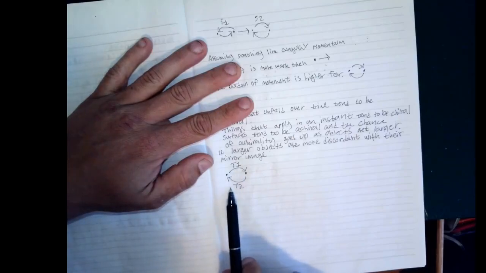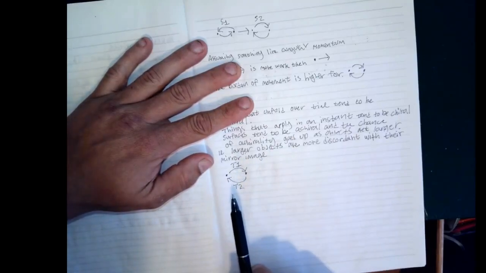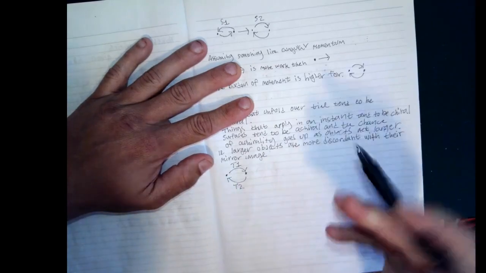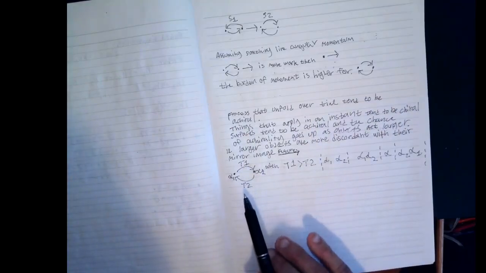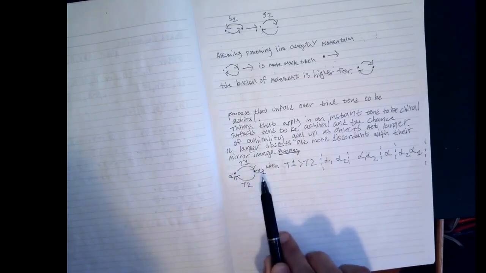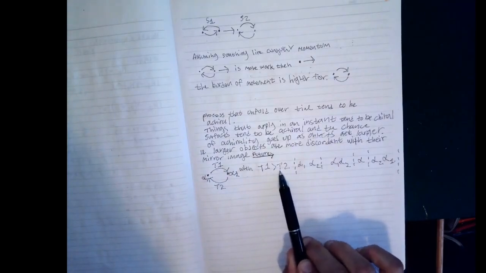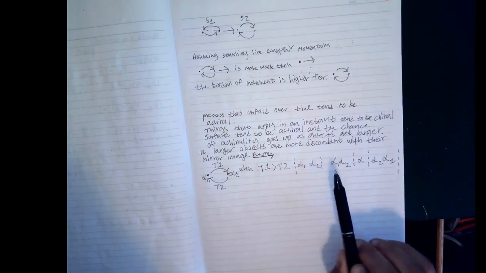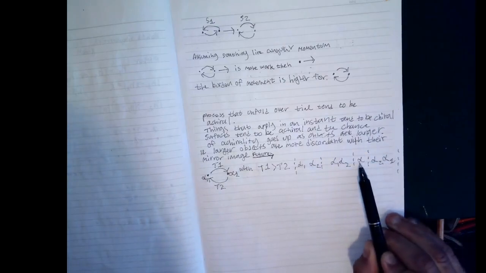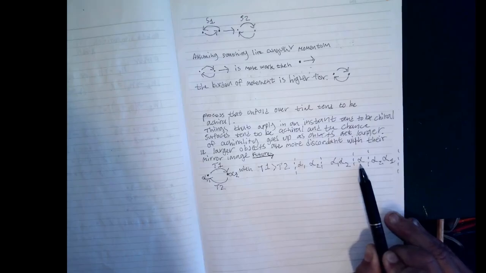Consider the cycle diagram. T1, T2 represent times. So having T1 greater than T2 will have alpha 1 catching up to alpha 2. And so for T1 greater than T2, we have alpha 1, alpha 2, alpha 1, alpha 2. Then when T1 equals T2, we'll have the convergence of alpha 1 and alpha 2 onto a specific alpha, and then they will